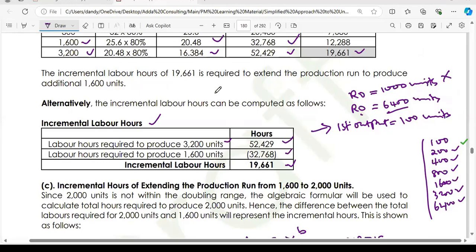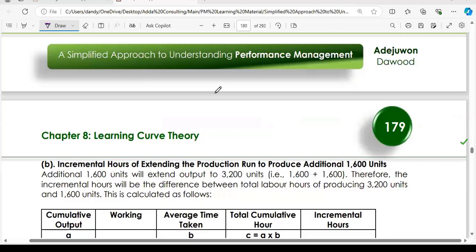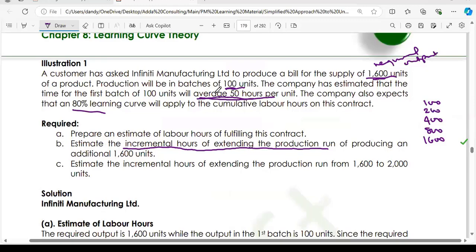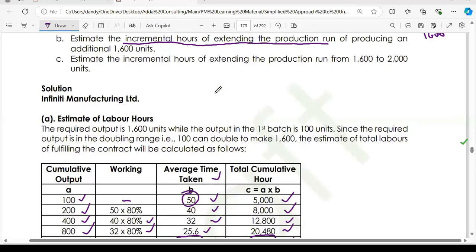Yes, requirement C. We are now told to estimate the incremental hours of extending the production run from 1,600 to 2,000. How do you do this? You can see that 2,000 units is not within the doubling range because there's no way you can double 100 units to make up 2,000. Therefore, you cannot use the tabular method. You are expected to use the